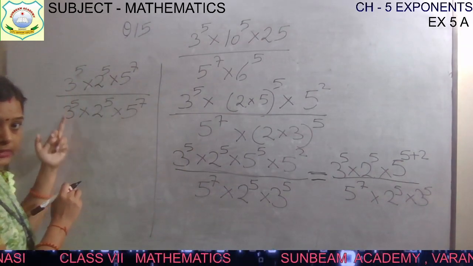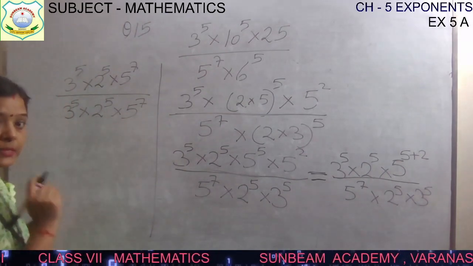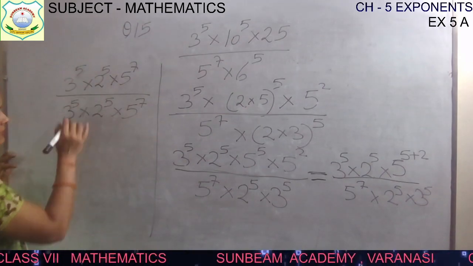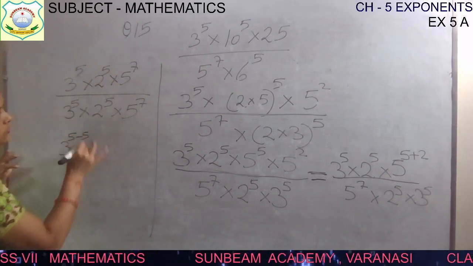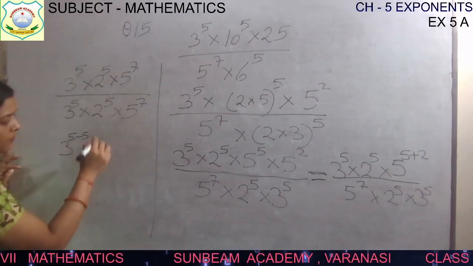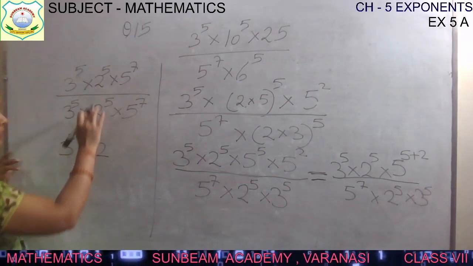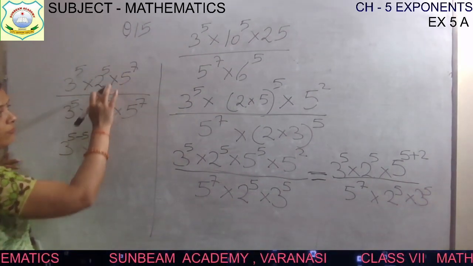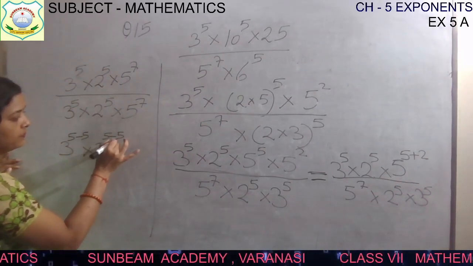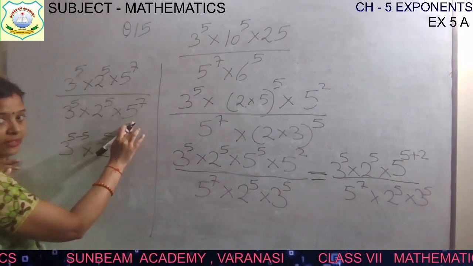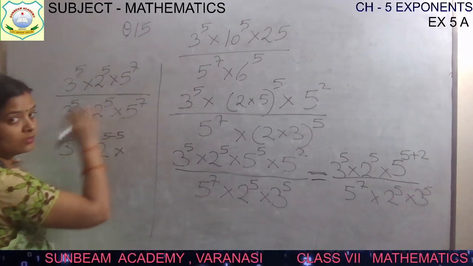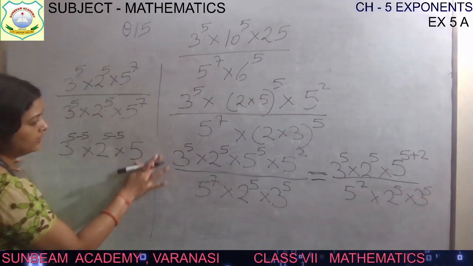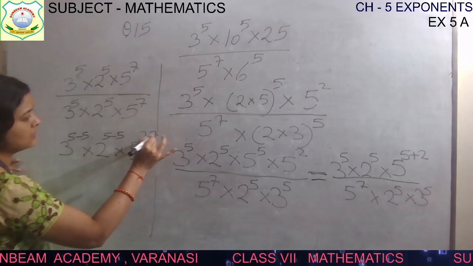Now can you see this, 3 and 3 base are same and you are dividing children. Base are same, 3 3 and you are dividing, so their power will be subtracted. Power subtract jayega, to what is base? 3, power is 5 minus 5. Into 2 and 2, base are same, and you are dividing, so 5 minus 5 power will be subtracted. Into next 5 and 5 base are same and you are dividing them. 5 and 5 base are same, so write 5 and write its power 7 minus 7.